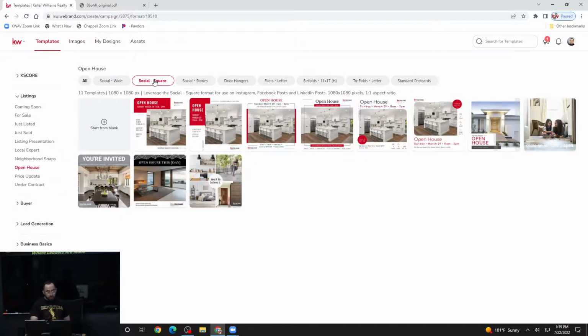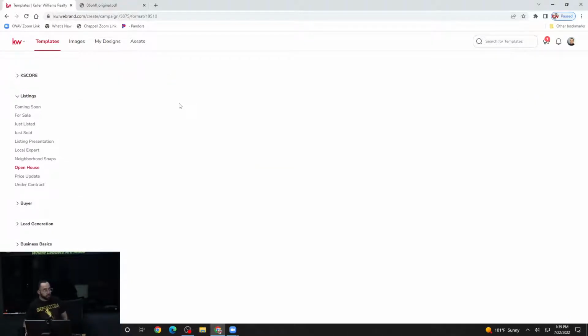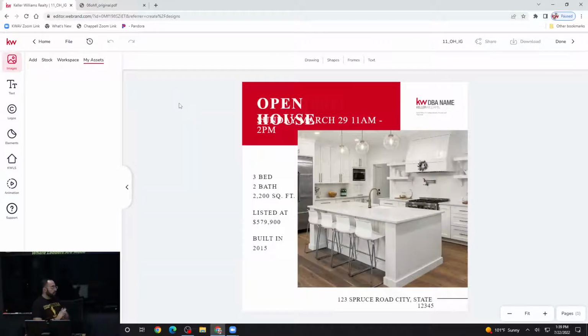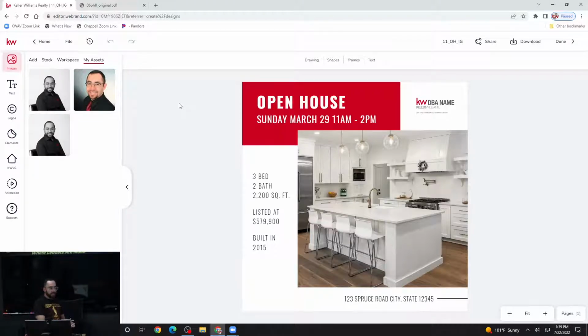If you choose to use one of the social templates, and you go in here and use one of these, you'll find that they work the same way as a flyer. So the whole process of going through this, replacing the text, photos, the logos, and anything like that, is the same process as creating a flyer. The only difference is when we go to use this template,